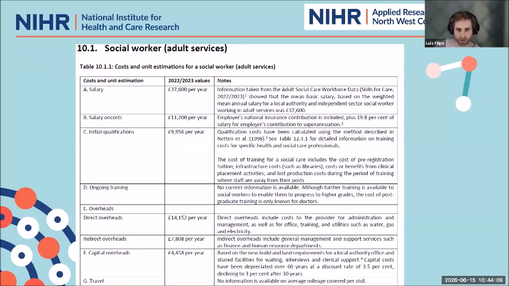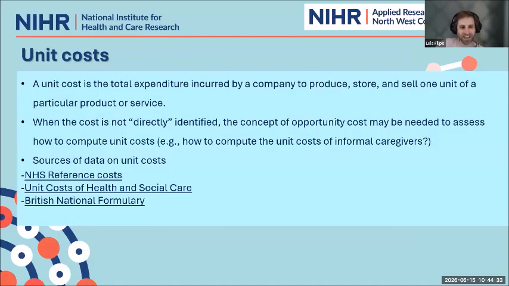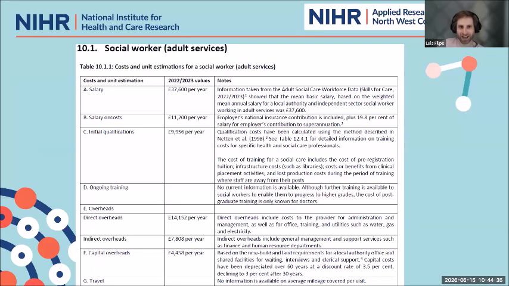Now, Ryan already showed you some examples of sources of unit costs, and I'm going to show you a more specific example. So for instance, at some point in my research, I was trying to find the cost of a social care worker. And the good news for us is that we don't have to find all the details, because hopefully in these resources that I'm showing you, we already have the final price for it. But let's see again in detail what they account for when they compute the social care worker